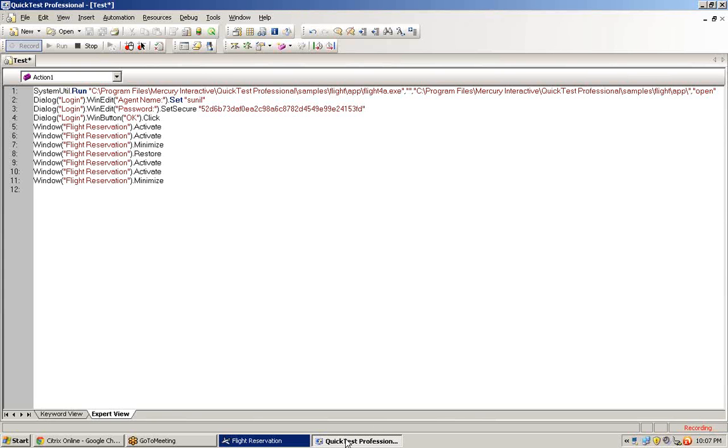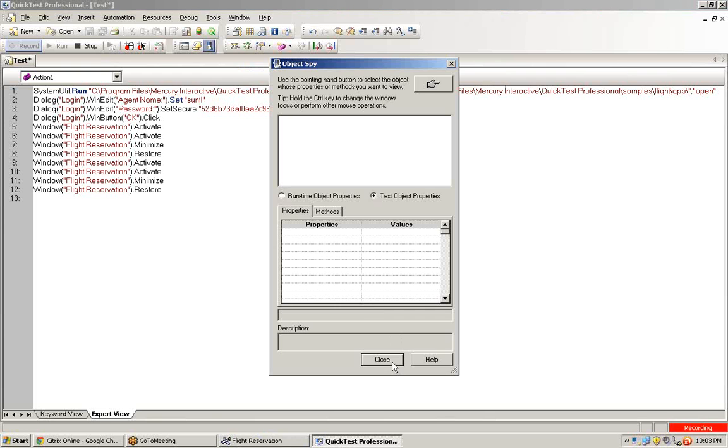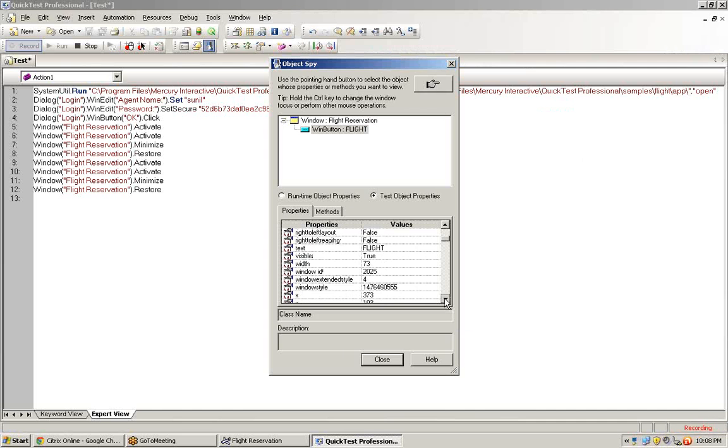For example, whenever I was recording, if my object spy had recorded this slides button as enabled, and next time I want to check, see, this enabled property is false. Now next time when I run it on the new version of my application, it should be false by default.